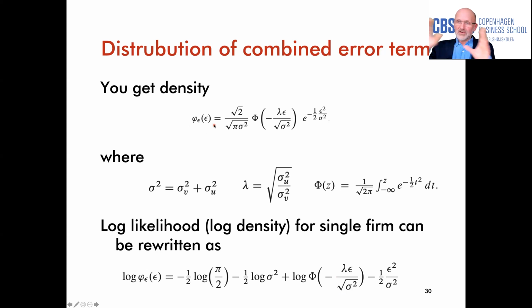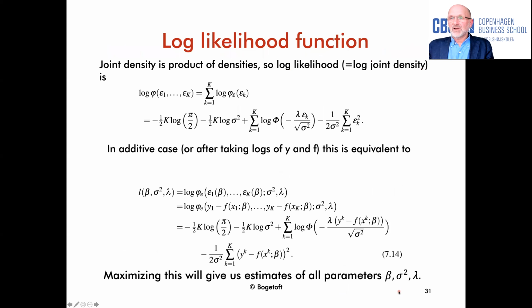So if you take the logarithm of the product, you get the sum of the logarithms, so basically the sum of a lot of logs, expressions like this. And that's what I have here. So basically, the log likelihood function for the whole data set looks like this. So this here is the expression that we're trying to maximize by choosing lambda, sigma squared, and all the parameters